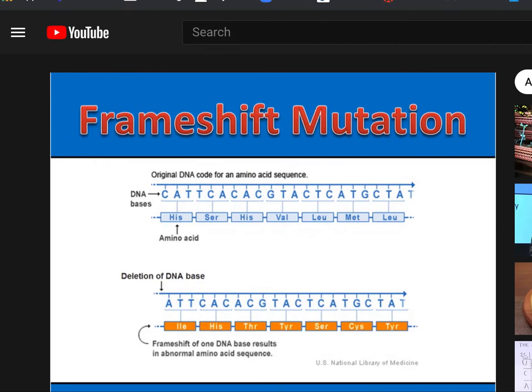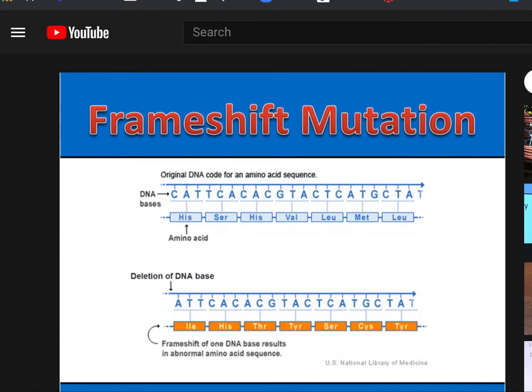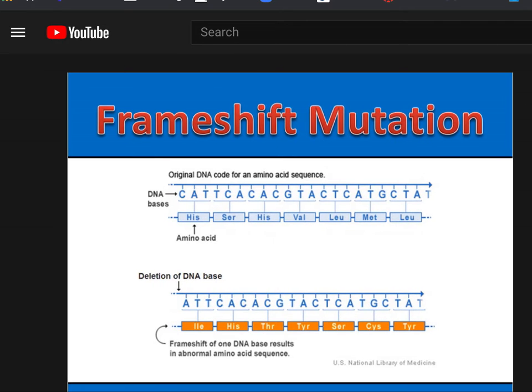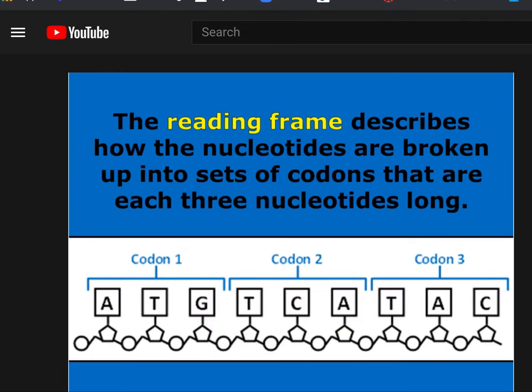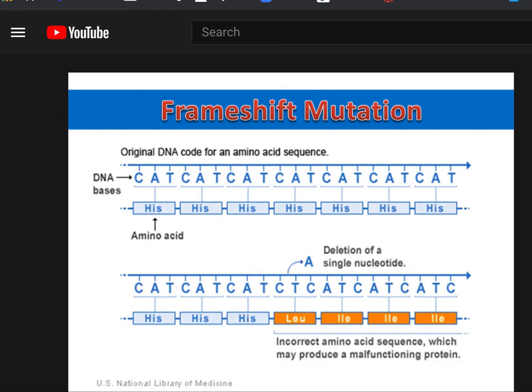frameshift mutation is when an insertion or deletion causes a disruption in the reading frame. The reading frame describes how the nucleotides are broken up into sets of codons that are each 3 nucleotides long. Each codon codes for one amino acid in a protein. You can see in the original